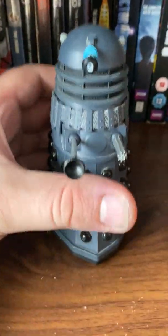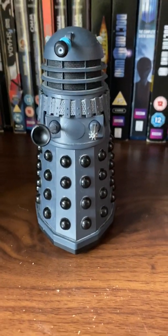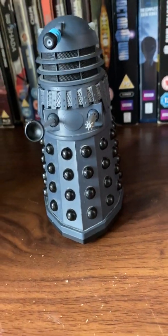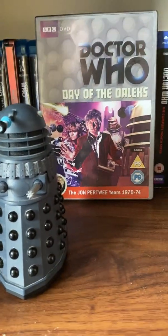Hello, today I got a brand new Dalek figure, and this is a classic Dalek from the 70s and 80s. Before getting into the actual design, this Dalek has got the sound effects from the 70s. The very first story this kind of Dalek was introduced in was Day of the Daleks from season